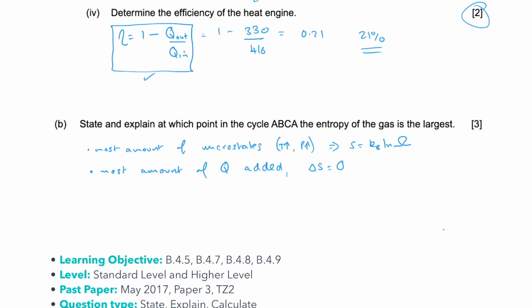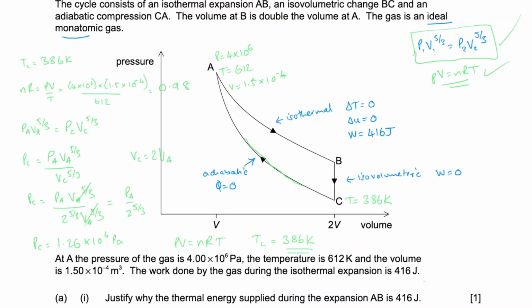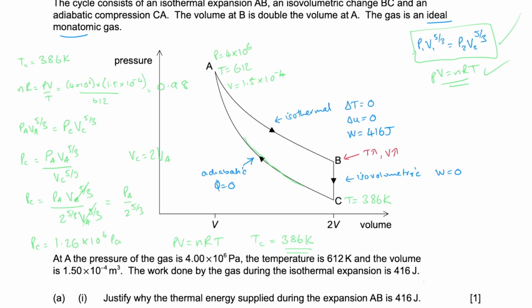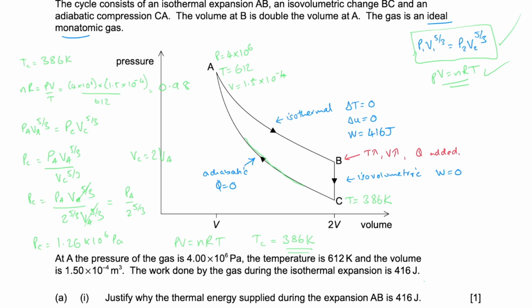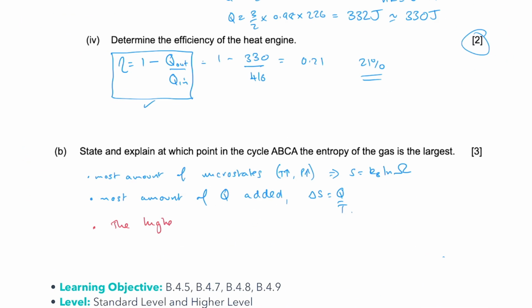because Q over T. So if we go up to the PV diagram, B is at the highest temperature. It doesn't have the highest pressure, but it's got a big volume. It's also had some heat added at that point to increase that temperature. After B, the entropy is going to decrease. And from C to A, because there's no heat added at that adiabatic compression, the entropy is not going to increase at that point. So the highest entropy point is at B. The highest entropy point